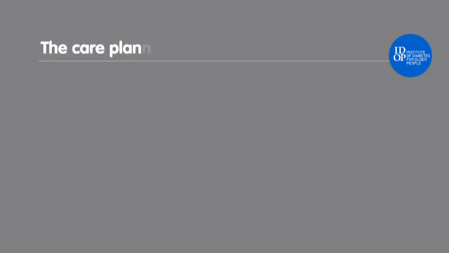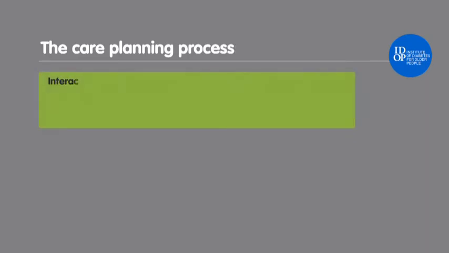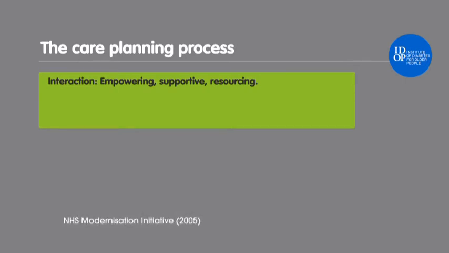A number of different models for care planning have been developed. These models generally follow a process similar to that outlined by the NHS Modernisation Initiative, which is comprised as follows. System entry. Clearly, patients can only benefit from care planning if they are included. Therefore, the care system needs to be designed so that patients can be identified and admitted to the care planning